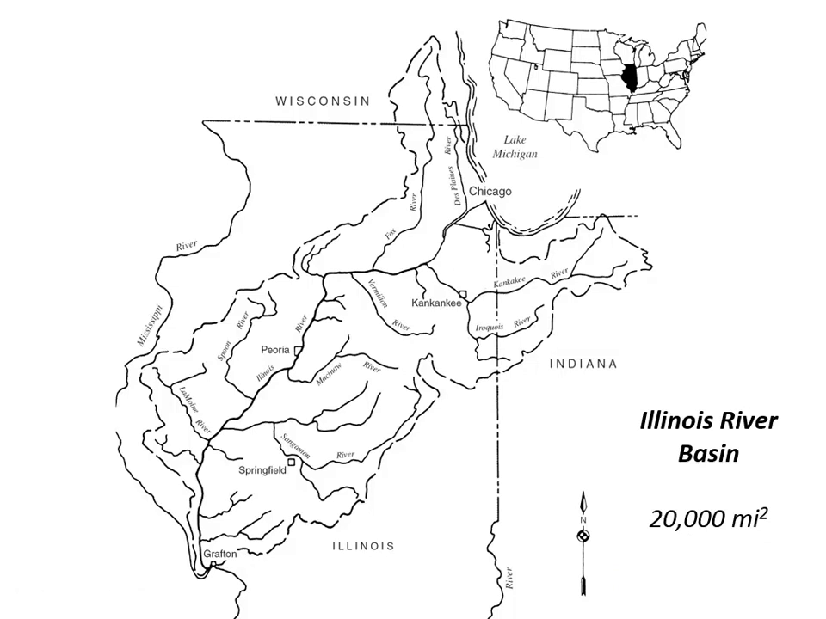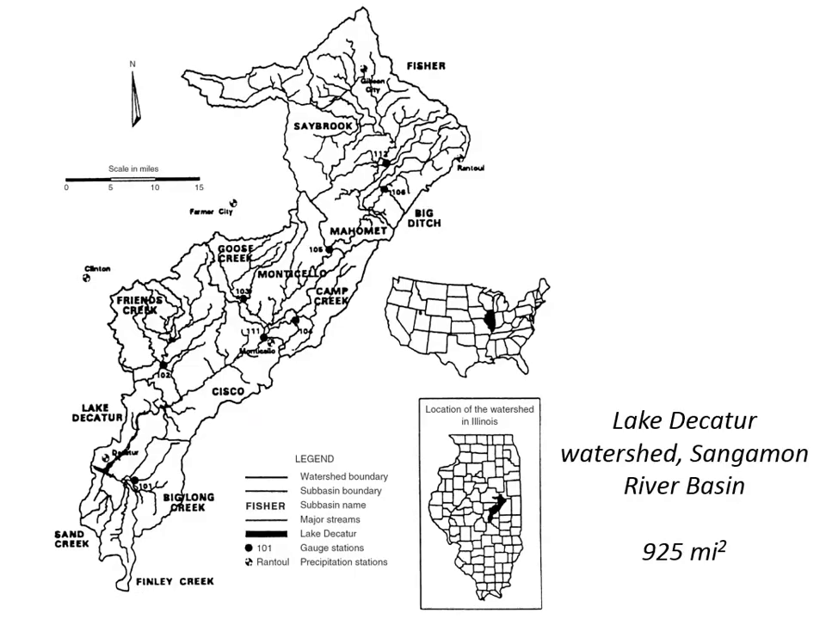And just going in on one section of that watershed, the Sangamon River. And so this is just a tiny section within Illinois, the Lake Decatur watershed, 925 square miles, and that's still a huge watershed. Don't get me wrong. I mean, we've gone from 20,000 square miles to 900 square miles. It seems small, but it's still